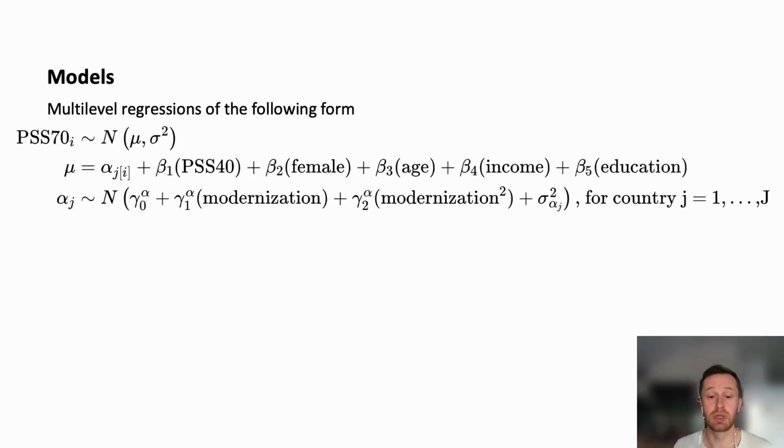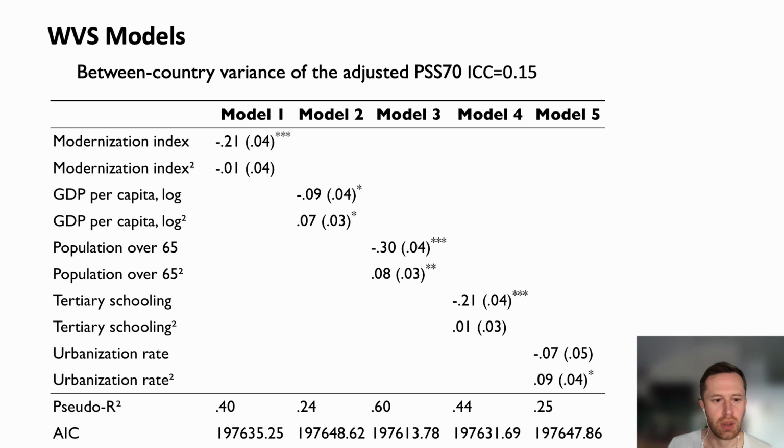And now let's test it properly with multi-level regressions, which look like this. Model 1 shows the effect of modernization index. It is negative and significant, something we have already seen on the maps. And then we split this modernization index into its components to evaluate each component separately. We can see that the effect of GDP per capita is small and barely significant. The effect of urbanization rate is insignificant, and the largest effect comes from the percent of population over 65 and